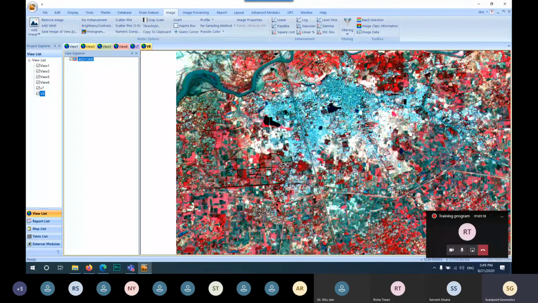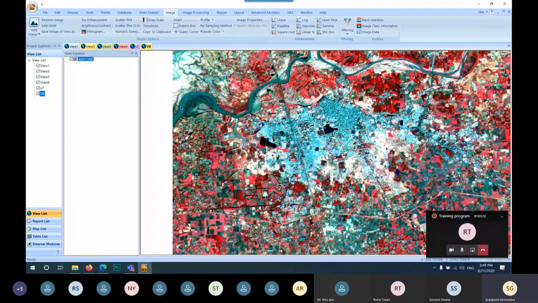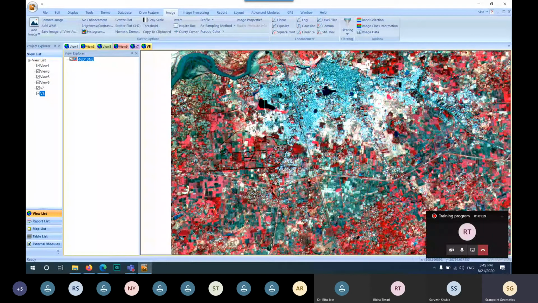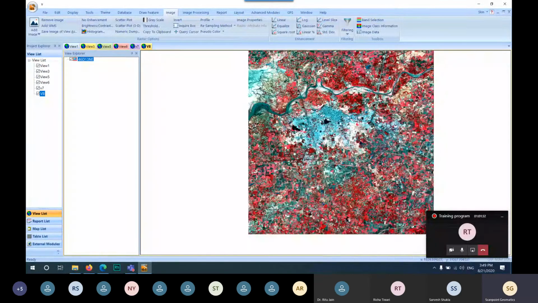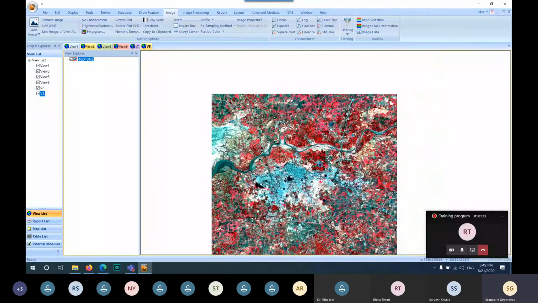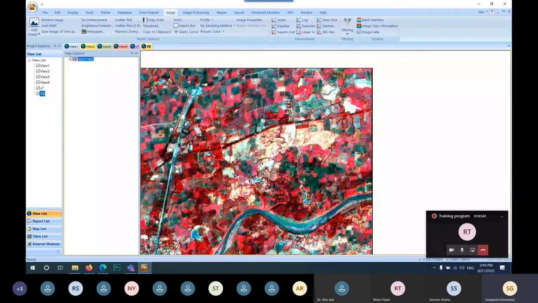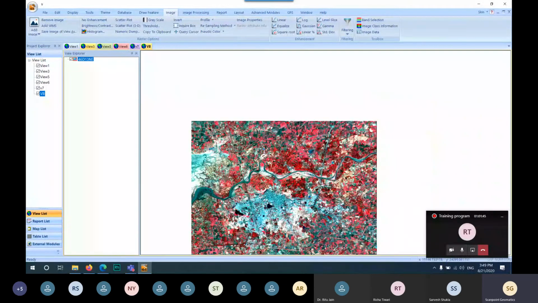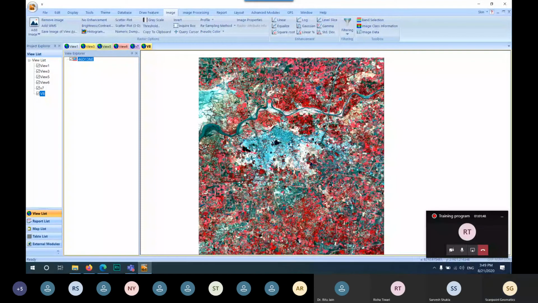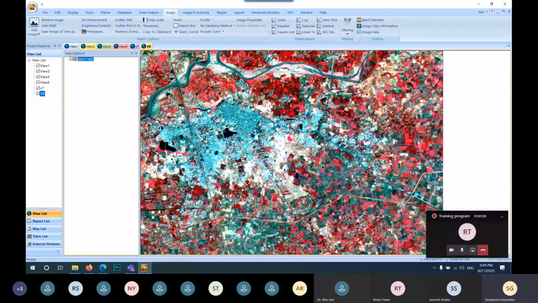We can also see the water bodies in different colors, also some roads and other features are here. You can zoom in and see the features. So this is the very first information which we get from our image using visual interpretation.